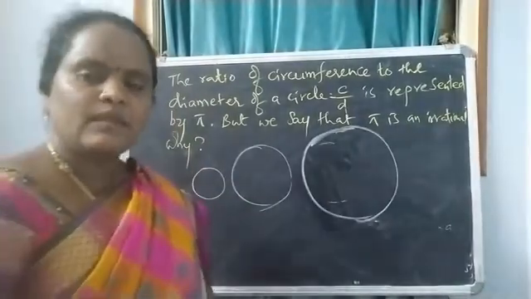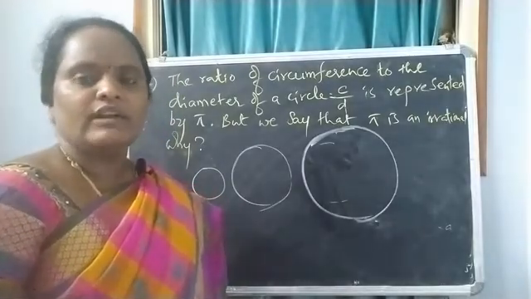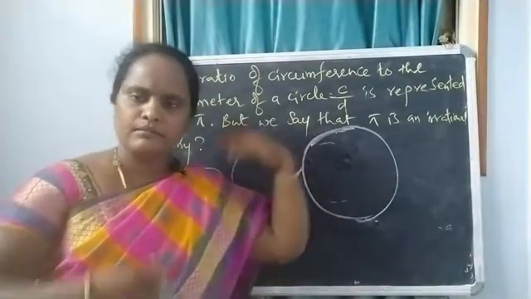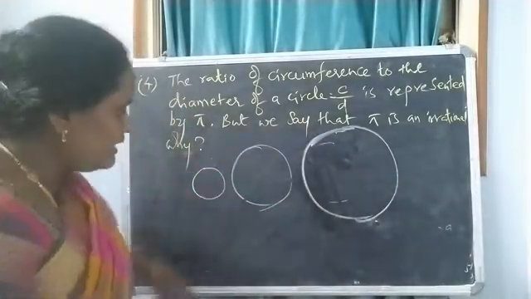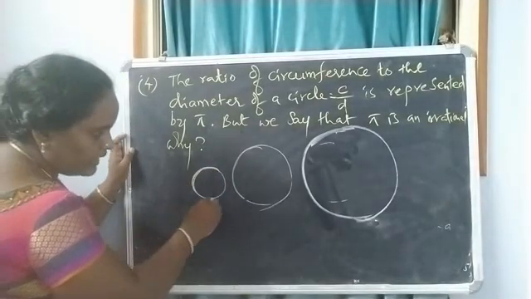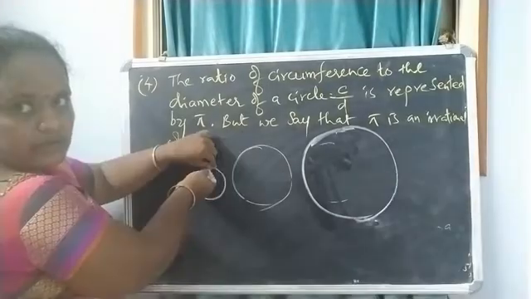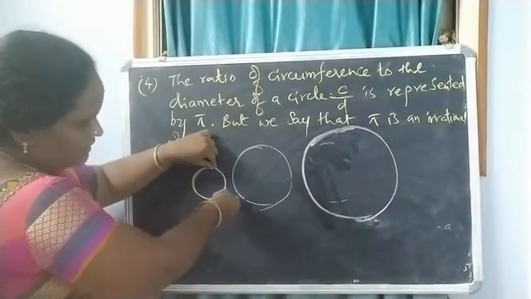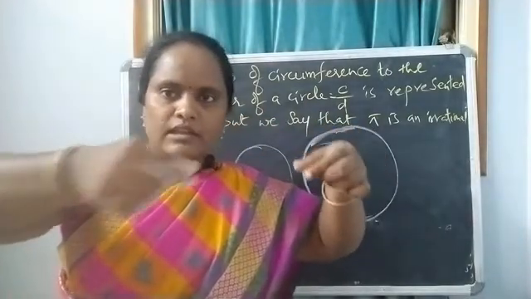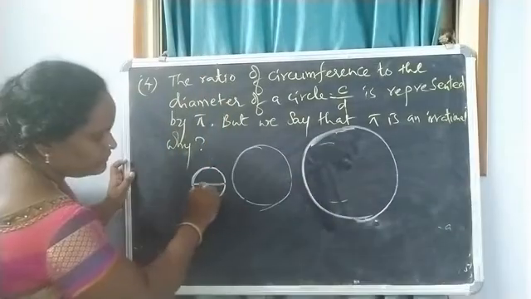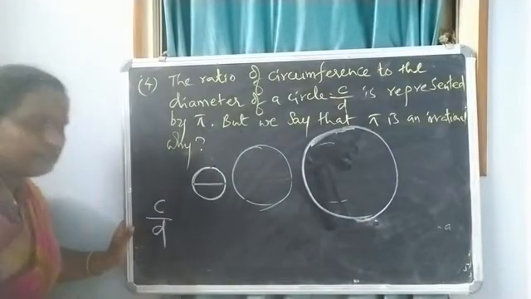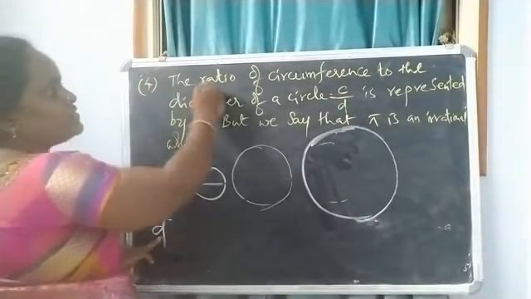In the beginning, our mathematicians were doing some experiments. They took different sizes of circles, small, big and bigger. When they were finding the circumference and diameter, circumference means the boundary length. For example, by taking one end of a thread and rounding it around, you will get the length, and if we see that length on the scale, it will give the approximate value. In the same way, you can find the diameter. Like that, for every circle they were finding c and d, then their ratio, c by d.